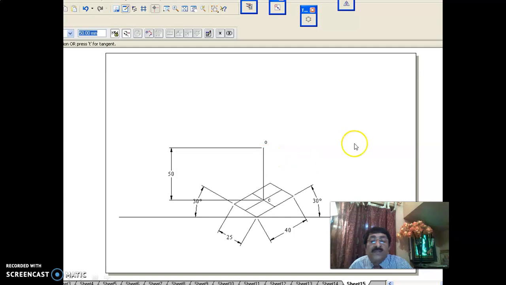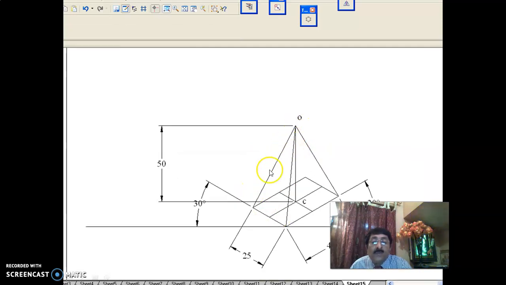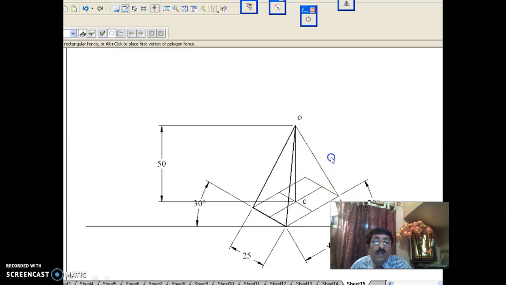Once you take 50 from the center, join from this to this, this to this, this to this, all corners and all that you join. As you see here, from O to this corner, O to this corner, O to this corner also you do. Now since top surface in the principle of isometric projection, as I told you, the top surface,